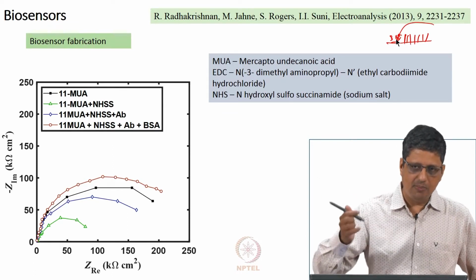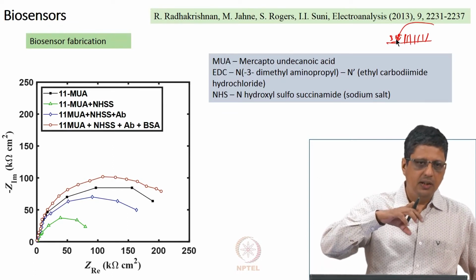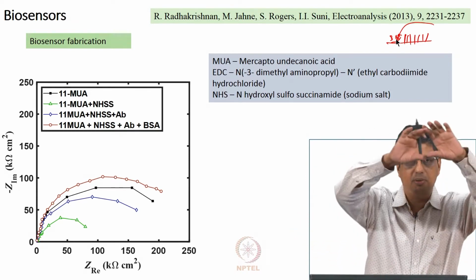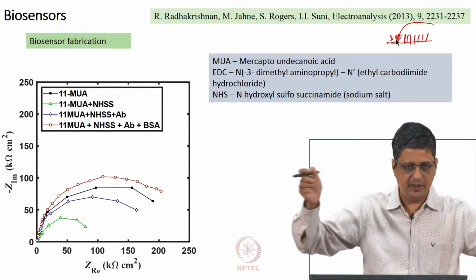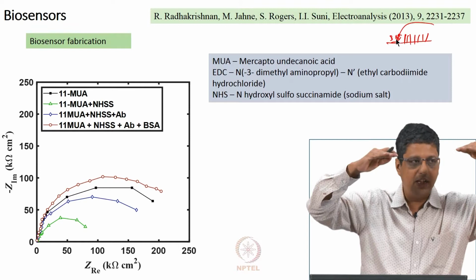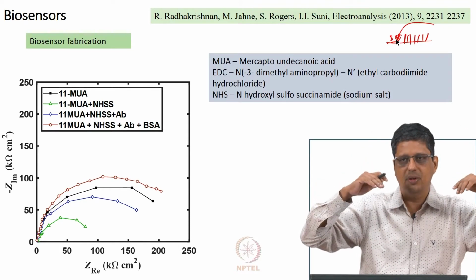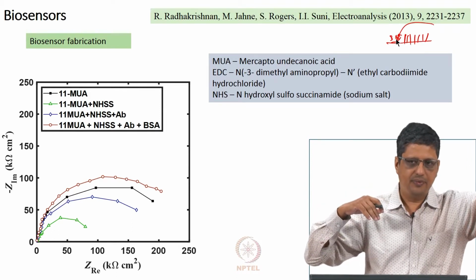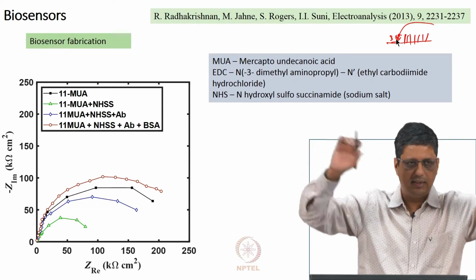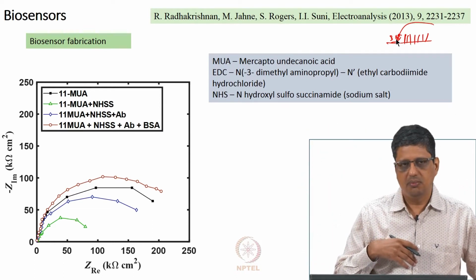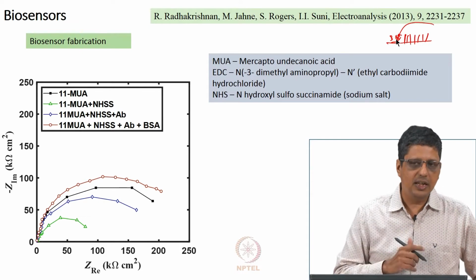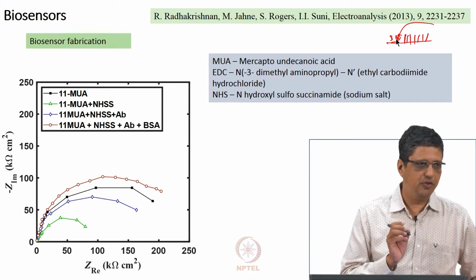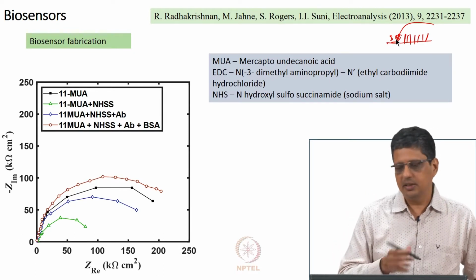So, before exposing to blood, after putting the antibody, we initially feel that okay, SAM should block every area, and then on top of which we put EDC NHS, on top of which you put the antibody. Hopefully, the entire surface is filled and the antibody is sitting outside waiting for the antigen to come and capture it. We can't be sure, there might be vacant areas, so fill it with BSA. BSA will attach to gold, but not to these antibodies. Again that is the expectation, and when you actually see, it is not that easy. At least that is what we are seeing in our lab. We have to do it in a very, very controlled fashion, otherwise it is not easy to get repeatable results.